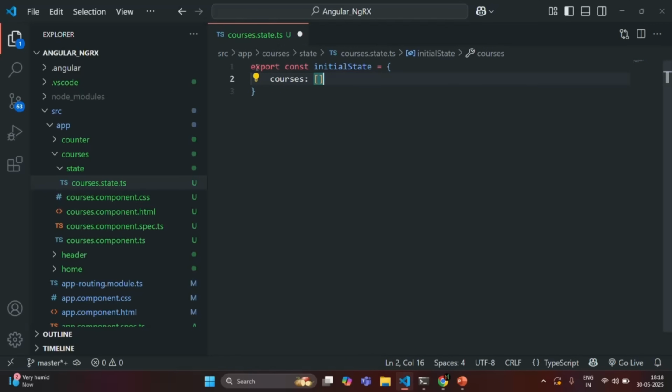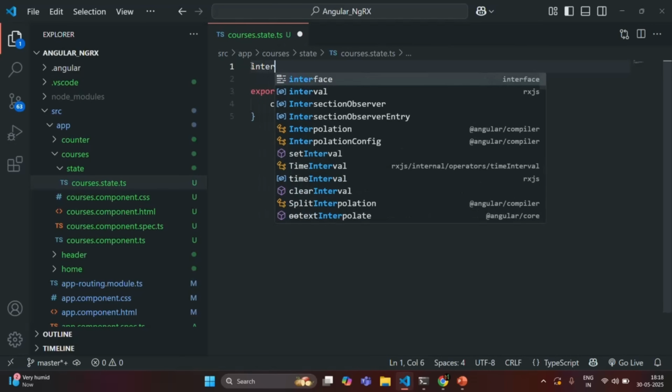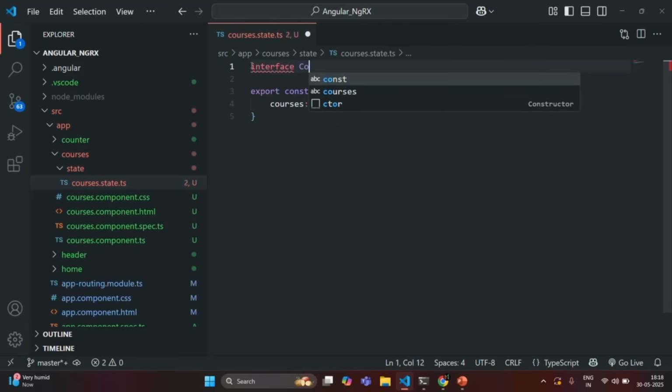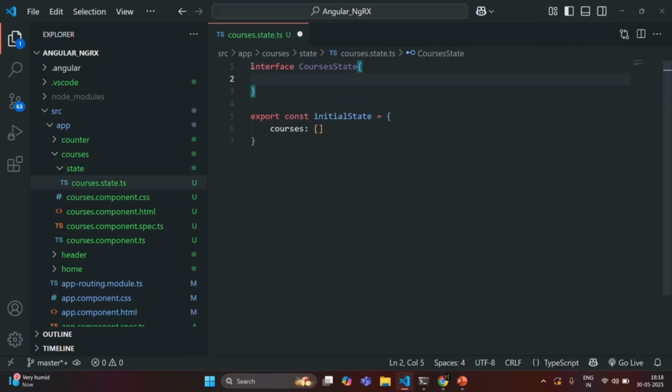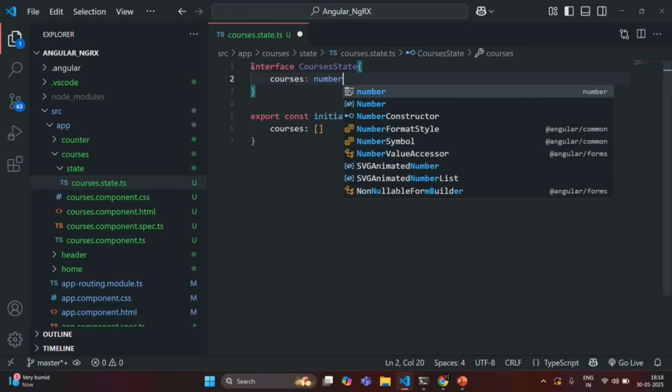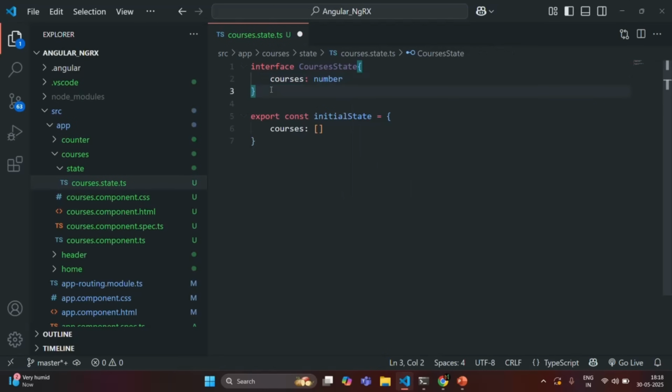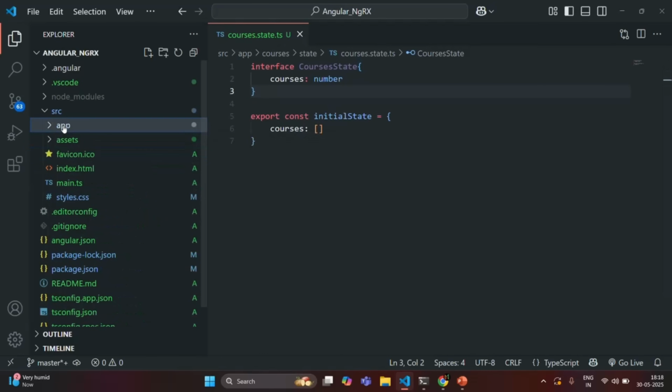Now for this, let's also go ahead and create a type. So again, I'm going to create an interface here and I'll call it courses state. And in here, I'm going to specify the properties which I want to have for courses state. Here, I simply want to have a courses property which should be of type courses. So for now, let me just specify number here, but we are going to change it. Okay. So let me save the changes, and what I'll also do is in the app folder, let's go ahead